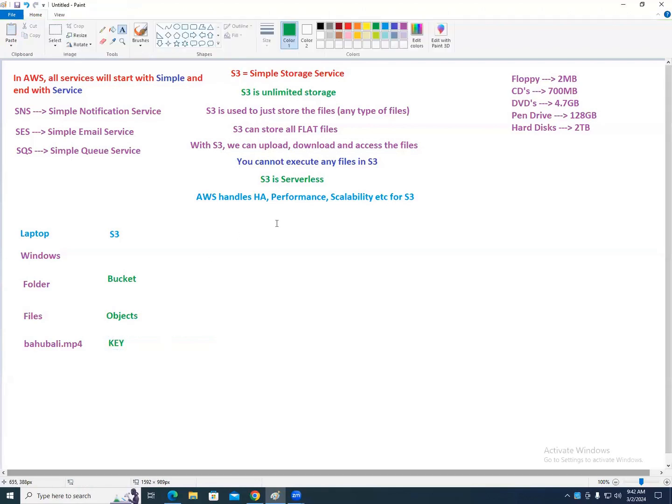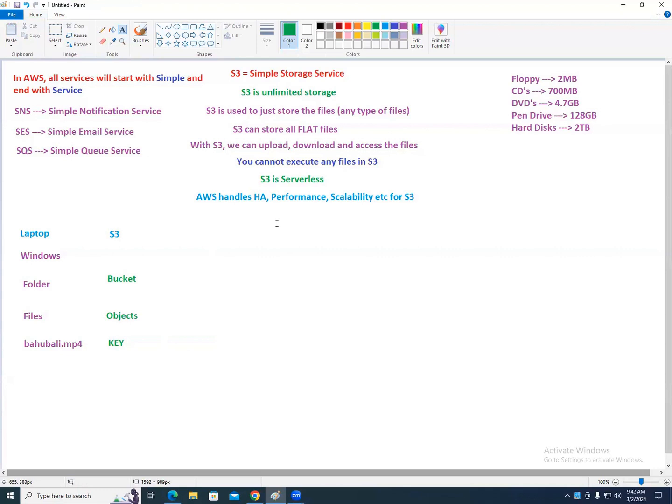Now tell me, what is a bucket? Can we say a bucket is a container of objects? Now you should not call them files, you should call them objects. So what is an object?